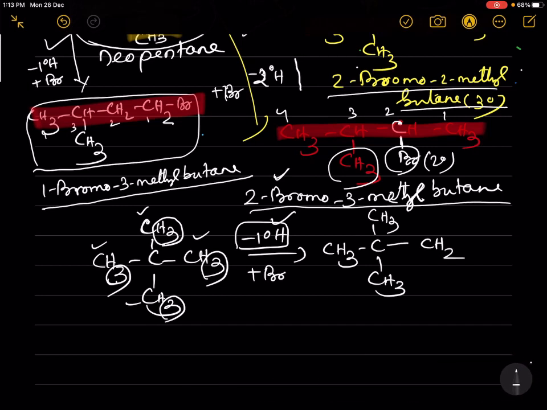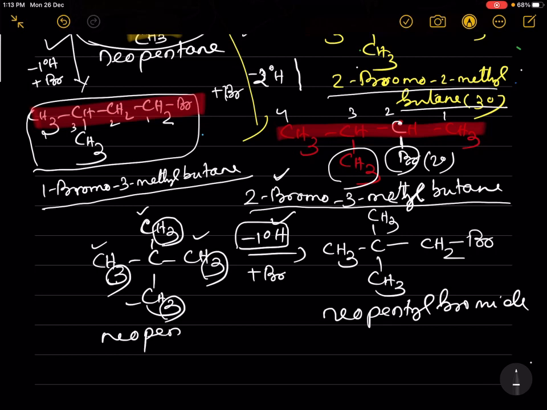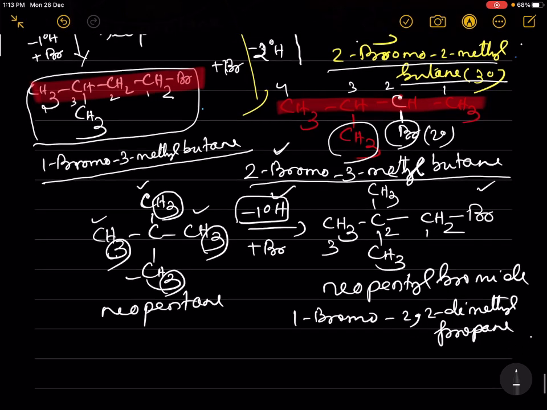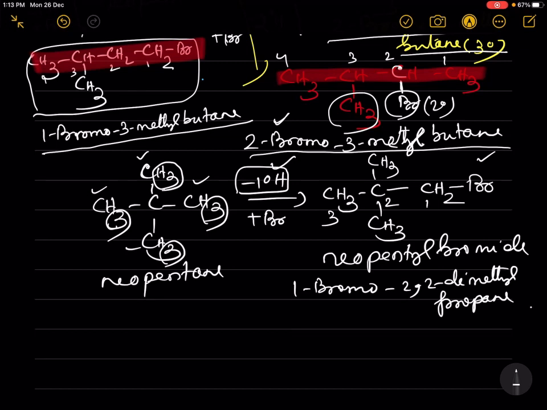So then a bond sign, then a bromine atom. And this is neopentyl bromide. This is neopentane, and its IUPAC name is 1-bromo-2,2-dimethylpropane, and this is a primary carbon, so this is a